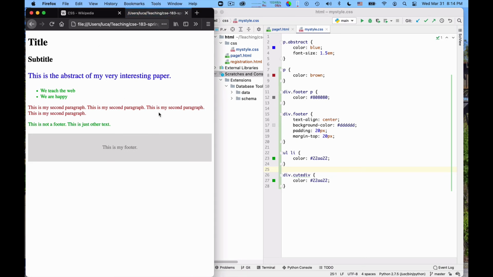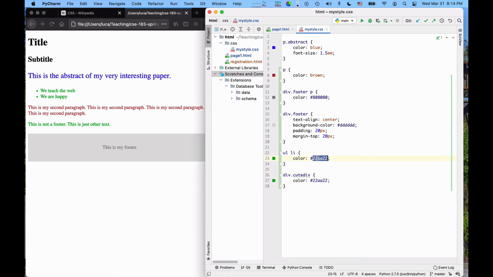Okay, so if I do this, it works, but there is at least one very ugly thing. You see, I had to type twice the same color string. You may imagine that I am able to do something like this. Var x is equal to hash 22BB22AA22, okay, and then here I can write x. This would be a sort of reasonable assumption, right? In most programming languages you have ever seen, you can actually define variables. But in CSS you can't. CSS is not really a language, it's simply markup, and you don't have variables.